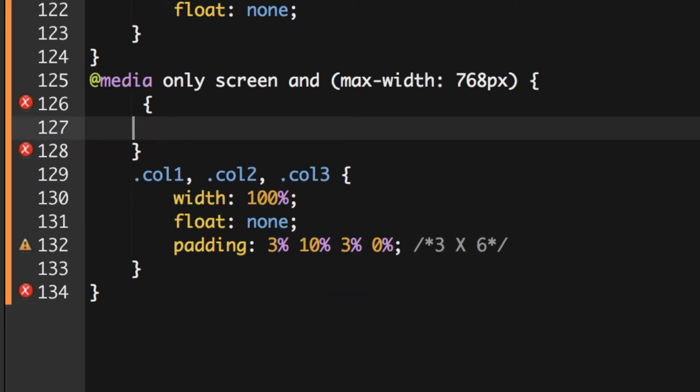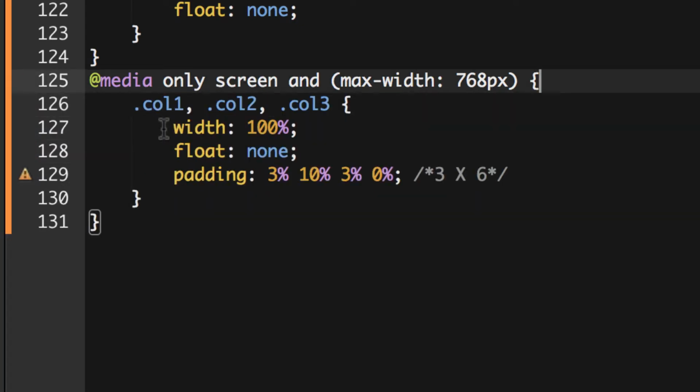And I'll just get rid of that, and hopefully we should just have 1 for all 3. If we say that the width of all 3 are 100%, none of them are going to float, so we want to make sure we have float none, so it wipes out the float for the first 2. And then padding,